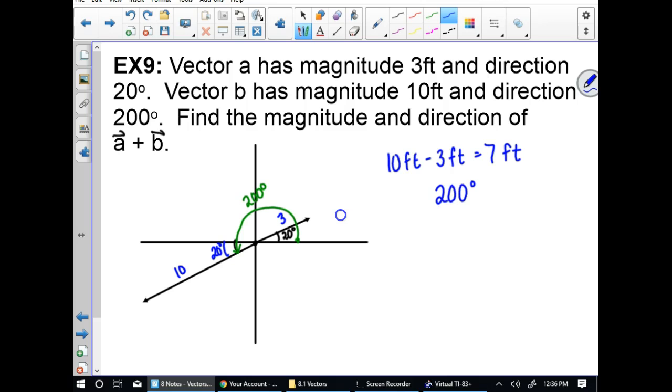If you ever get any of these where they're exactly opposite of each other, you're just going to subtract them and they go in whatever direction the strongest one goes. So if you have a wind blowing north at 20 miles an hour and a wind blowing south at 10 miles per hour and they intersect, it's going to end up being a wind blowing north at 10 miles an hour, right? Whichever one's strongest wins out by whatever amount it is stronger. Okay? All right, so